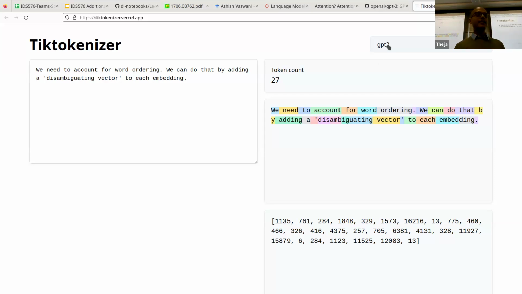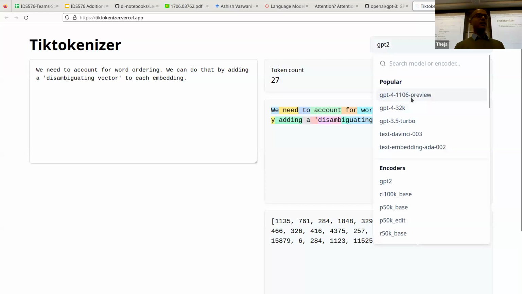So you can already see that they're actually not at the word level anymore. For example, this is a sentence I got from our slide, the slide we're going to look at. You can see that many of the tokens are actually word level, but in this word, you can see disambiguating is not one token. It has 6,381 as the token index. Similarly, amb is a token, IG is a token, awaiting is a token. So it's not always the full word which is a token, is what I want to show, right? And it has some 27 tokens for this sentence, and depending on different architecture.